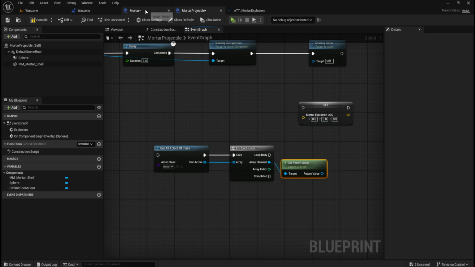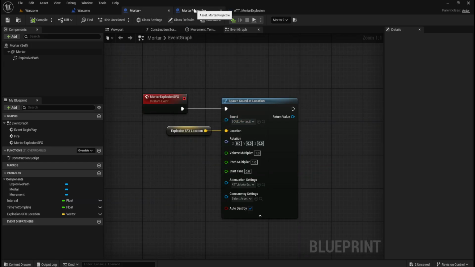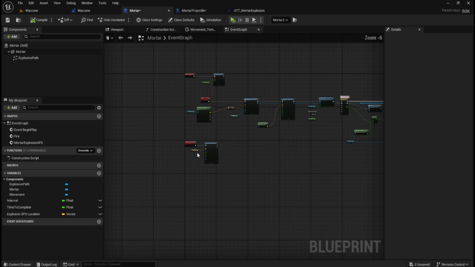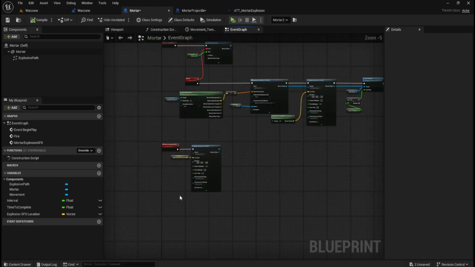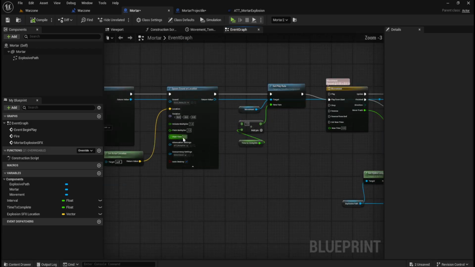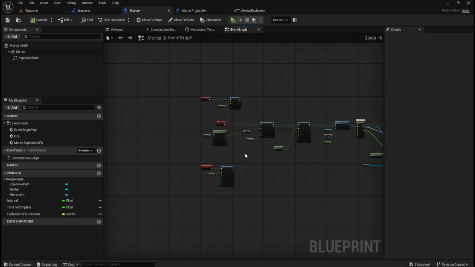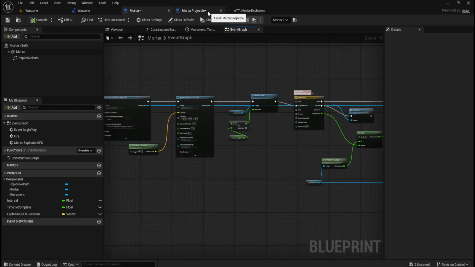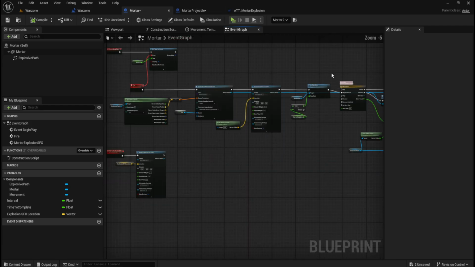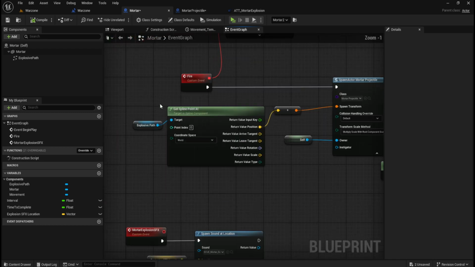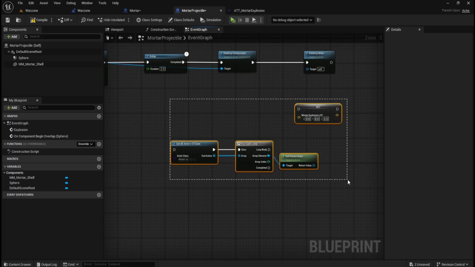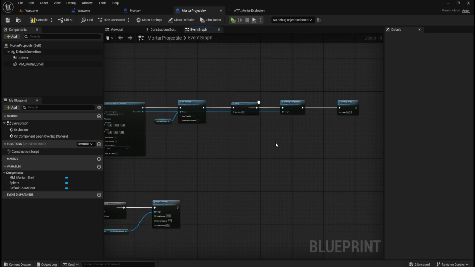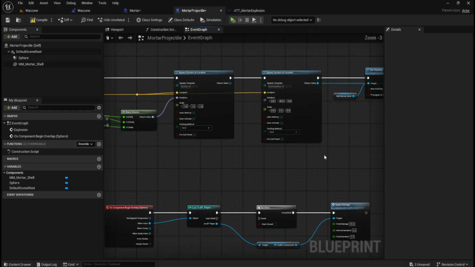Fucking hell. We need to basically communicate to this blueprint from here. Fucking hell. Right, give me a minute, guys. Give me a minute. So the mortar projectile